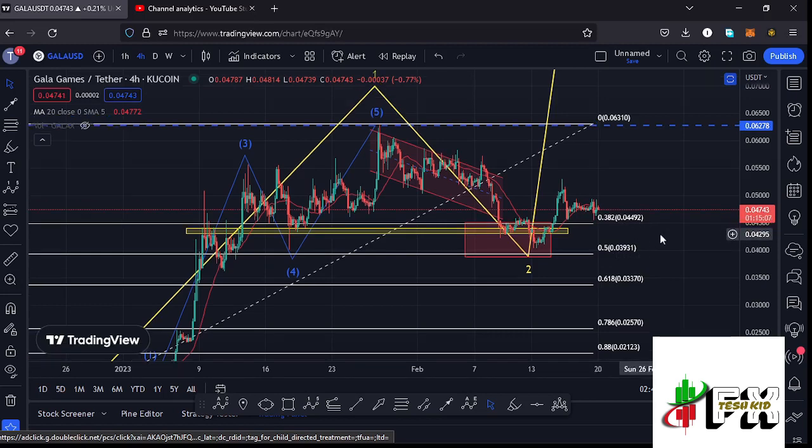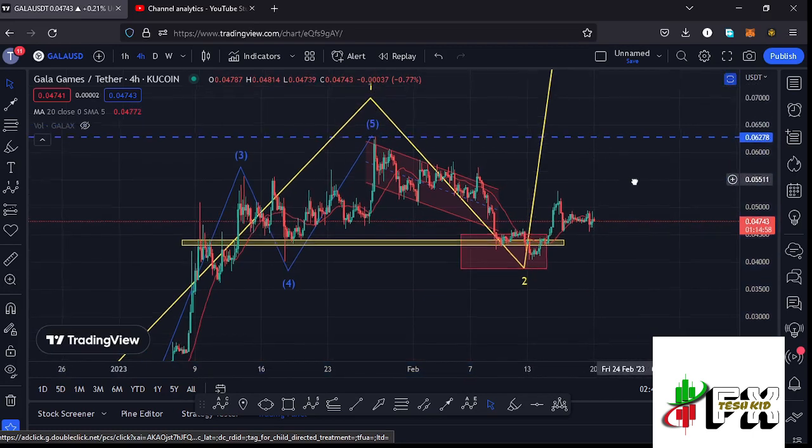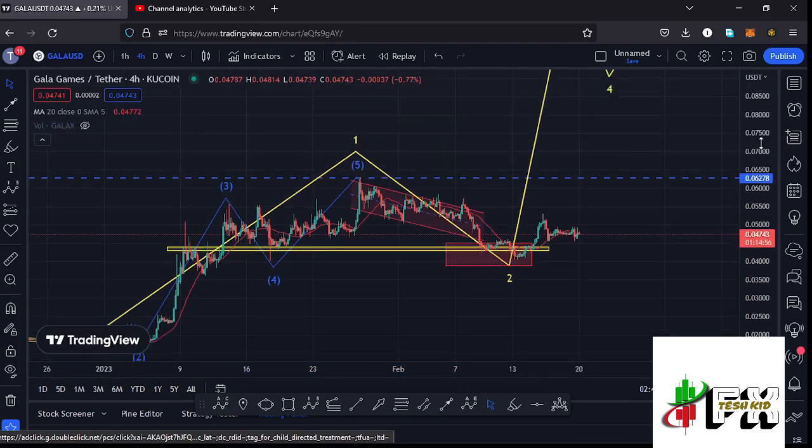$0.03931 mark, and it is within that target area that I was expecting to see the low for that second wave, and we fully maximized our target area to the lower side in the formation of that wave 2, and I believe that whatever we are seeing at the moment is the start of a massive bounce to the upside